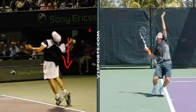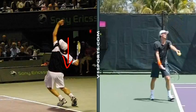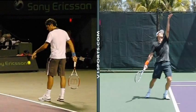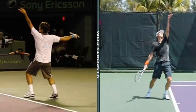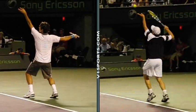But anyways, you have different ways of hitting a serve. You have three different ways that I just went over. The lagging, like Thomas Berdych does, where when you toss the ball, the racket lags behind. Then Roger Federer, who kind of keeps the hands together. The arms come up together. The arms start up here, he goes down, then they come up together. And the last person is Andy Roddick, with no lag because the arms come up together. So there are three different ways of tossing the ball, so don't let anybody tell you that one is better than the other. I think they're all very effective, but as long as you go into your trophy position and your power position, you'll be all set. So just find the motion that is best for you, and hopefully that will be able to